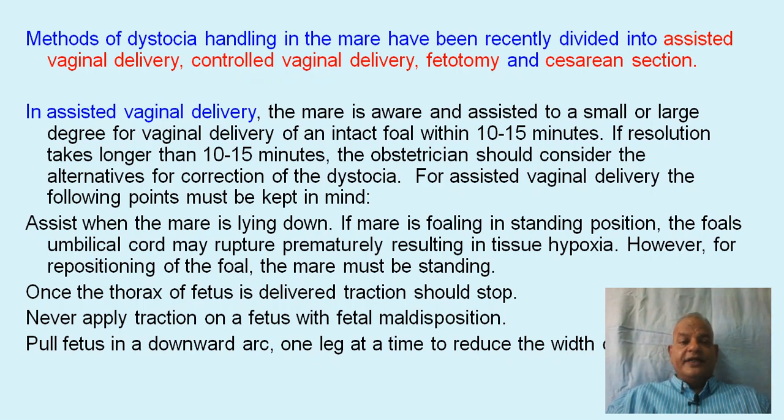For assisted vaginal delivery, the following points must be kept in mind. Assist when the mare is lying down. If the mare is standing, the foal's umbilical cord may rupture prematurely, resulting in tissue hypoxia. However, for repositioning of the foal, the mare must be standing. Once the thorax of the fetus is delivered, traction should stop. Never apply traction on a fetus with fetal maldisposition, and then pull the fetus in a downward arc, one leg at a time, to reduce the width of